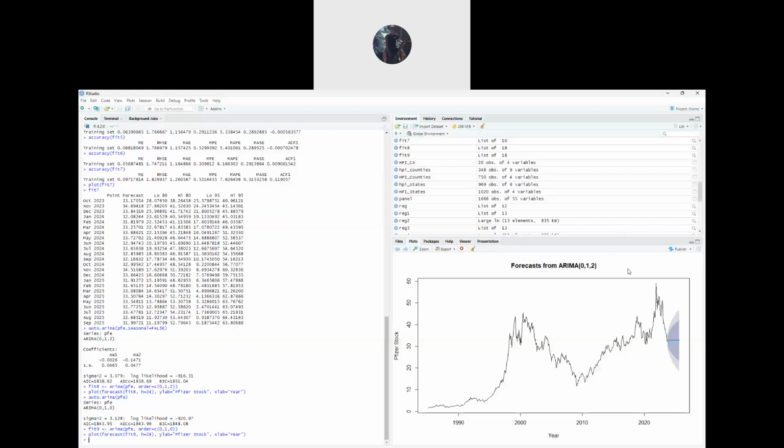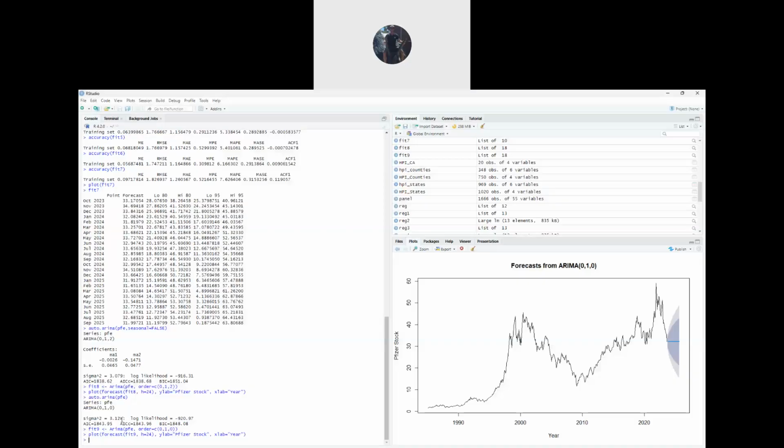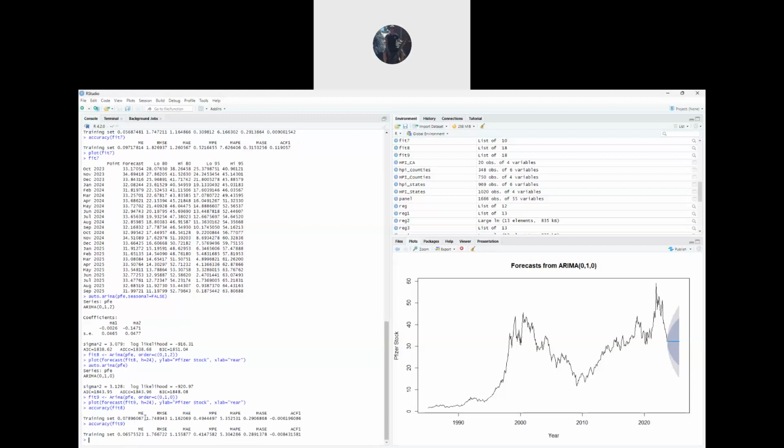Okay, there we go. So I have one option for the 012, the other option for the 010. Again, this one is just a first difference. We can see which ARIMA model is better by looking at the accuracies, fit8 or fit9. You'd have to go through and get the numbers, see which one's lower. I can't really tell off the top of my head, but